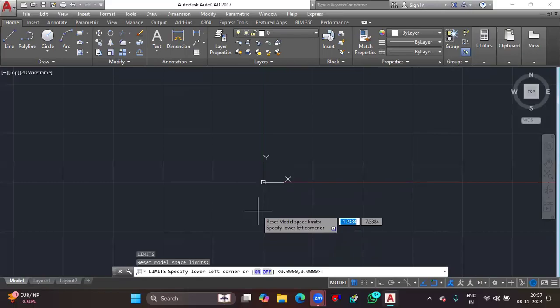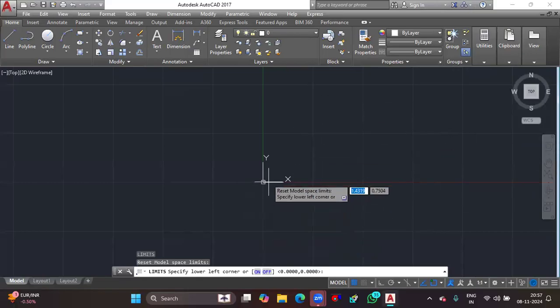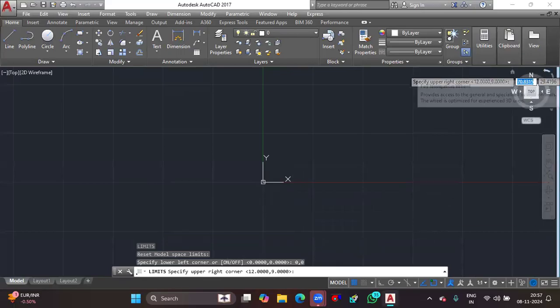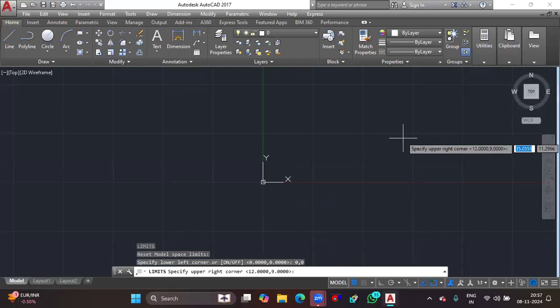What do you mean by lower left corner? If you consider a paper space, this point should be the lower left corner, isn't it? That is meant to be 0,0. Now it's asking, you can see in the command box, about the upper right corner, which should be this point. Here we are setting the coordinates of the paper space. If I'm choosing an A3 paper, you need to provide the value 420,